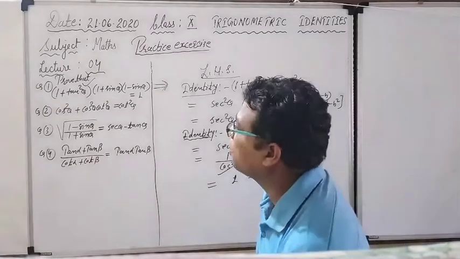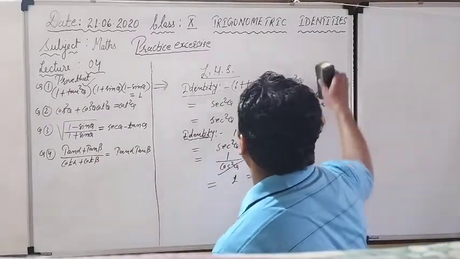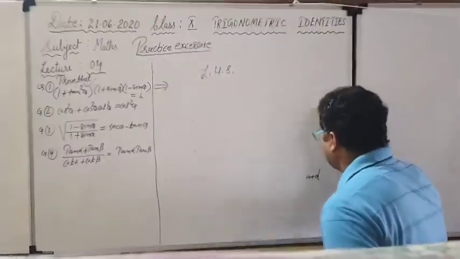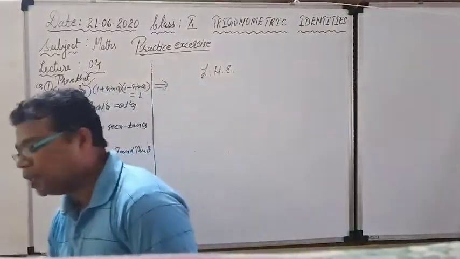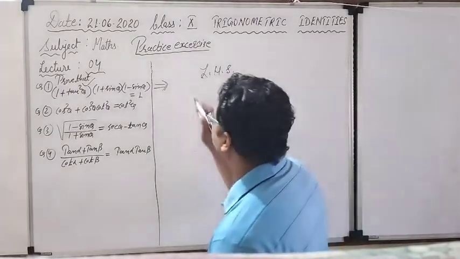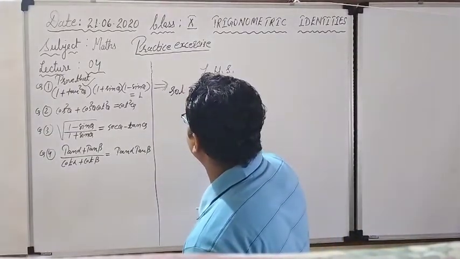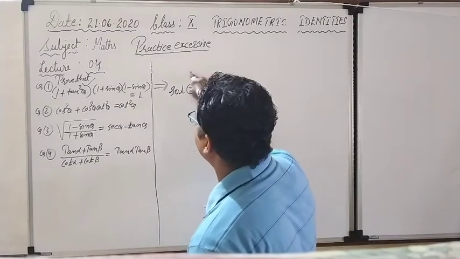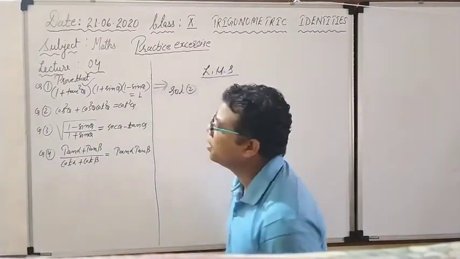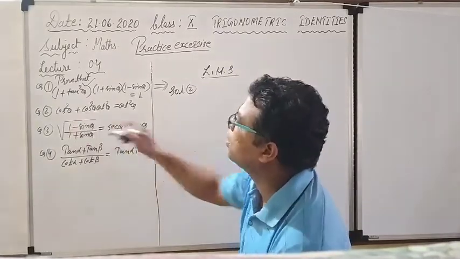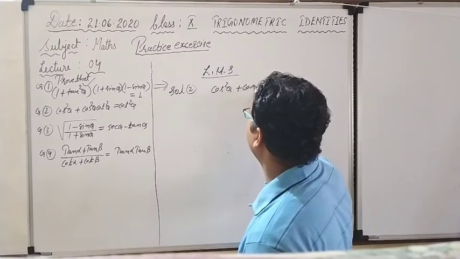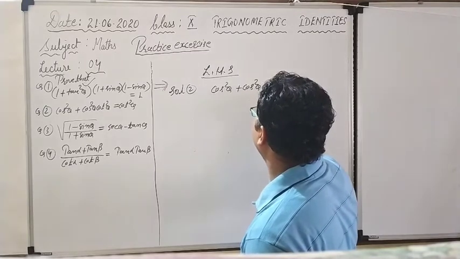Right, now see, going for the second question. Okay, moving towards the second question. Actually there are so many questions, so we have to be a little faster. No problem. Second question, solution for second question. Left hand side again we are going to take. What is written in the left hand side? cos square theta. First I am going to write down cos square theta plus cos square theta cot square